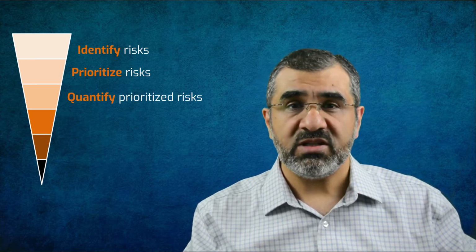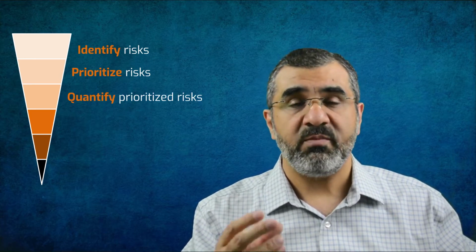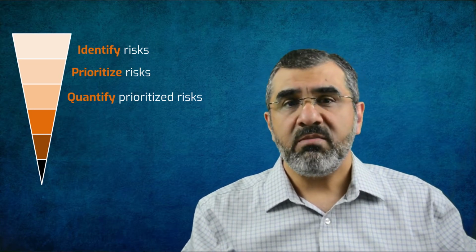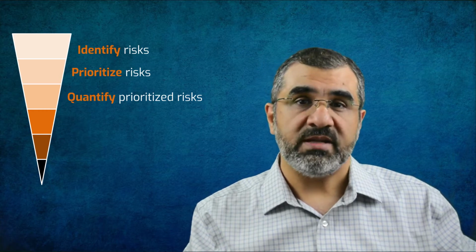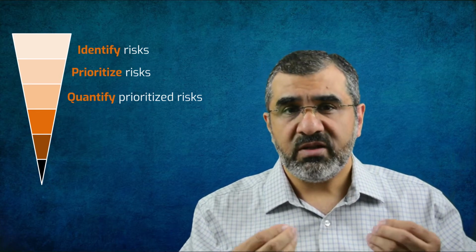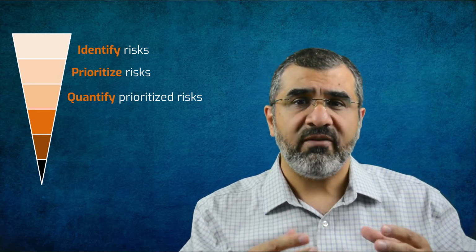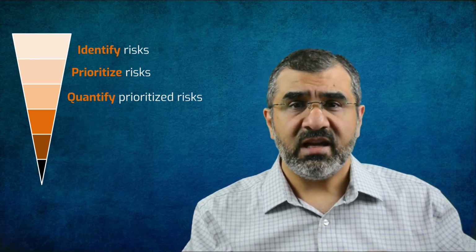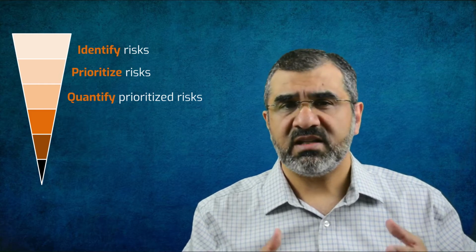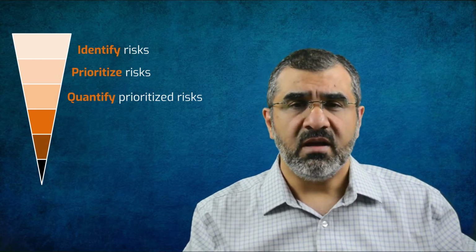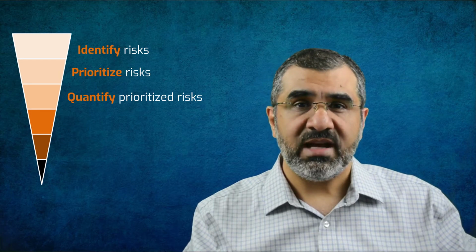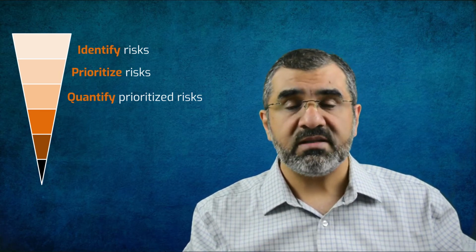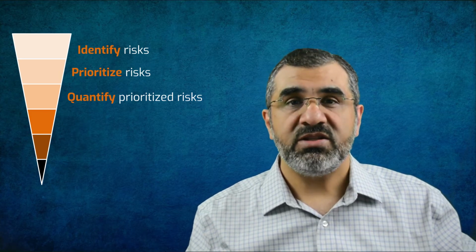The next step the project team will take up is to quantify the high priority risks. This quantification is mostly in money terms, but it may also be effort or duration wise. The objective here is to come up with how much money the project should have to manage these high priority risks. There are several techniques that can be used for this purpose: straightforward expected monetary value calculations, sensitivity analysis, decision tree analysis, and Monte Carlo simulation. The money identified for managing risks is set up as contingency reserve.